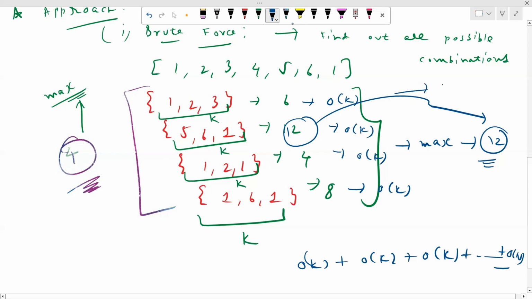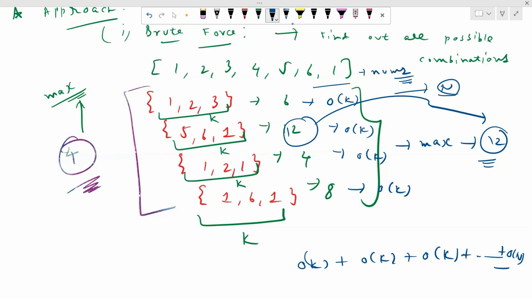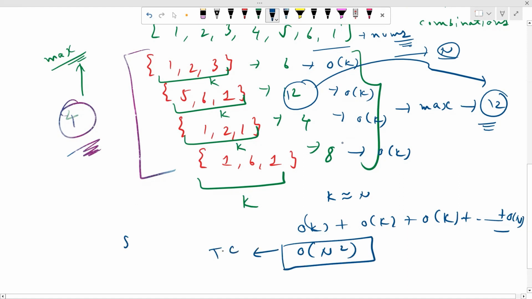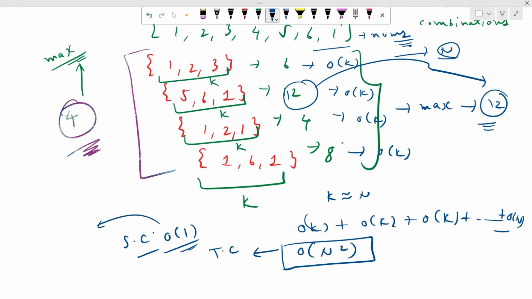Because we can have n different possible combinations from the given array, right? So from this, we can directly see if our k becomes n, then ultimately our time complexity would become big O of n square in this case. Since we are not using any extra space, our space complexity will be equal to big O of 1, no extra space,